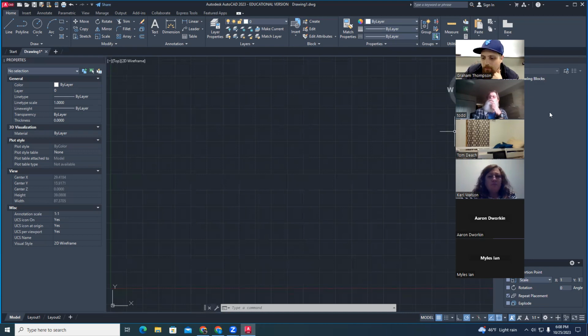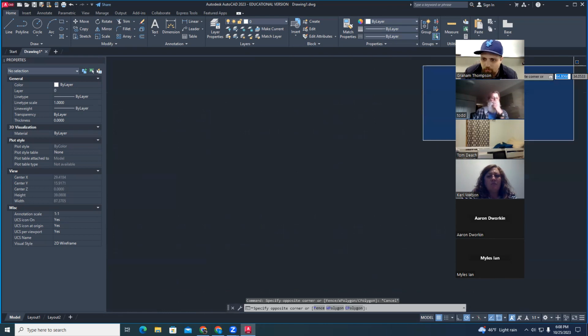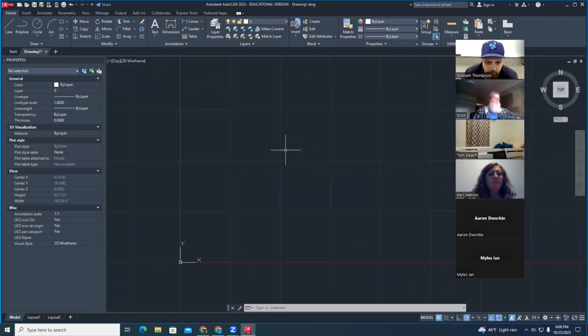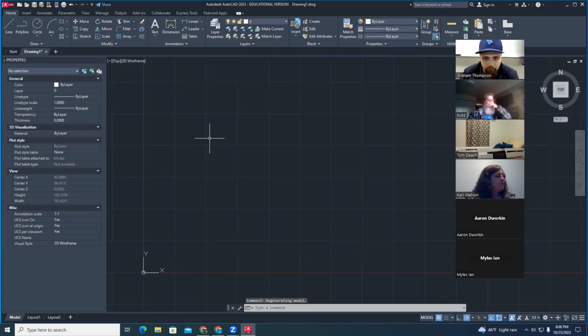Your block palette might not be showing, and we can bring that back up if you type in blocks. To be honest, we're not even going to utilize it today, so I'm just going to close my blocks palette. We might utilize it if we build something later. But right now, in the meat and potatoes of tonight's course, we will not be using the block palette or block editor. What we will be doing is creating some walls and some hatching and windows and that kind of stuff. So, just because I like to get everyone on the same page,